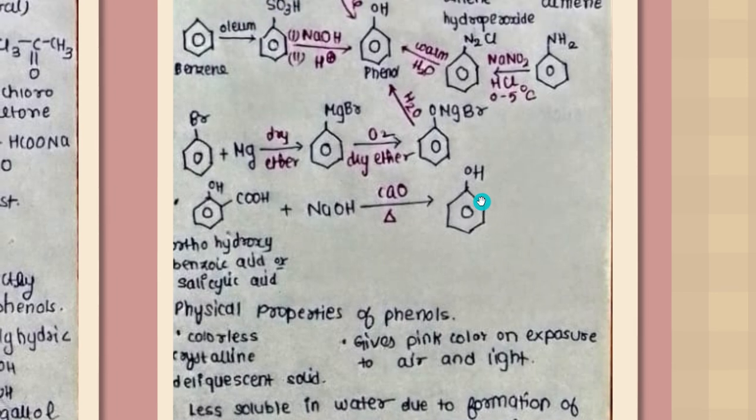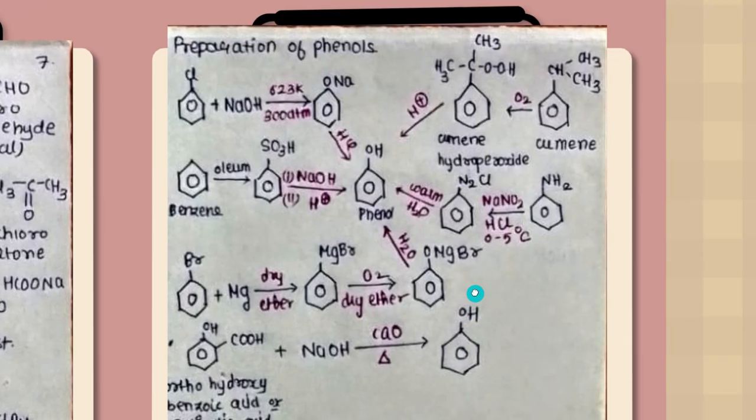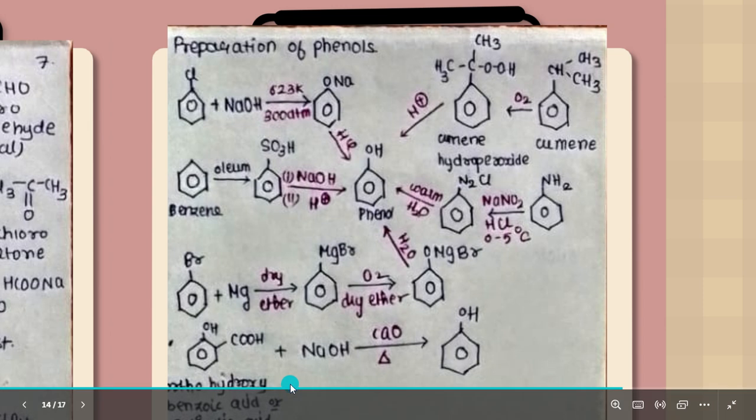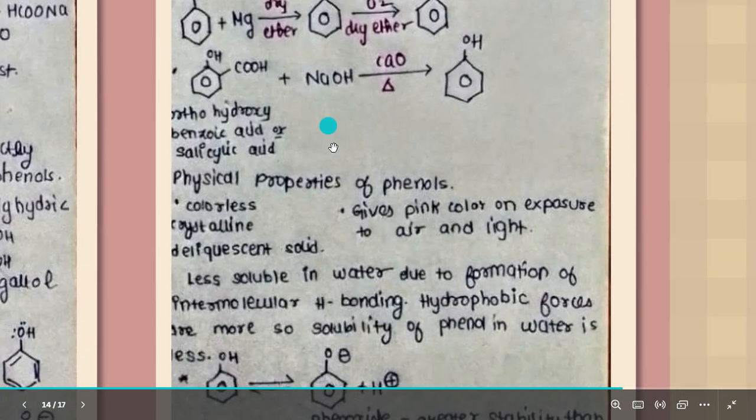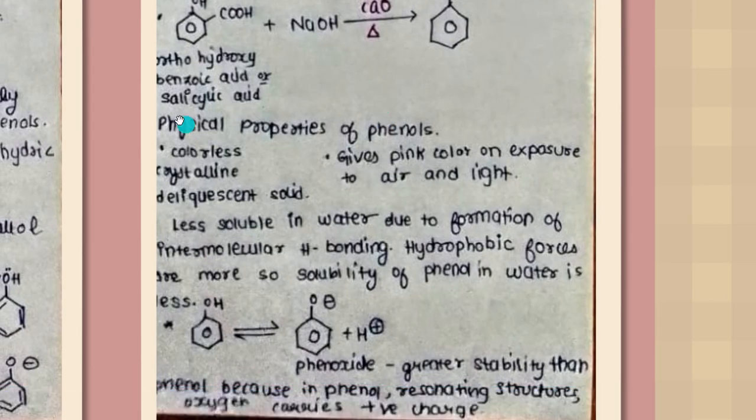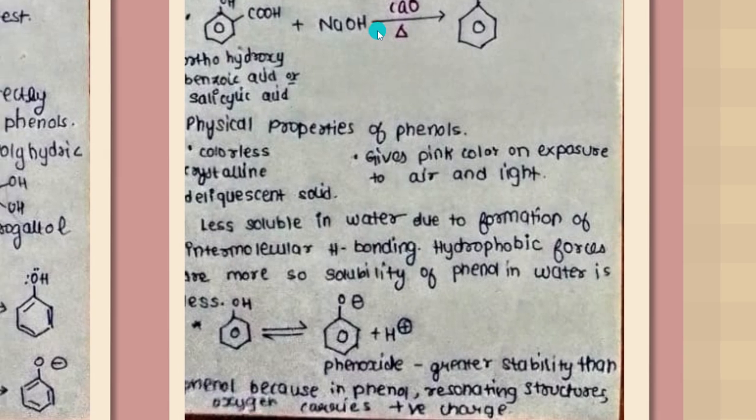me phenol again, right? So these were just simple how many reactions? 1, 2, 3, 4, 5, and 6. 6 preparation methods of phenols, right? Now what are the physical properties of phenols? Firstly,